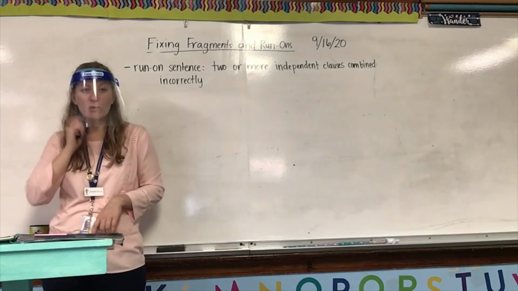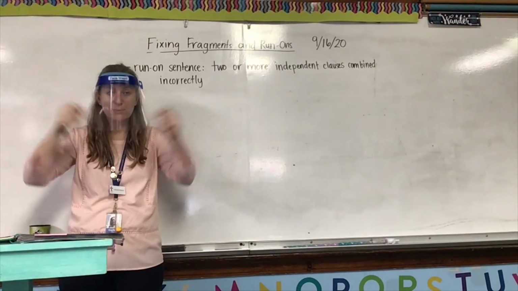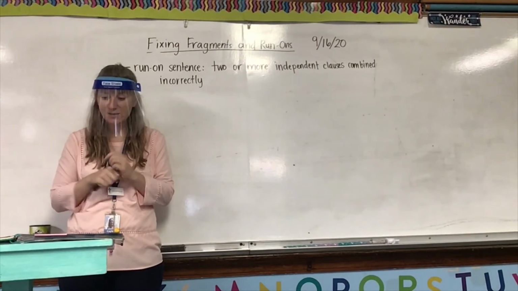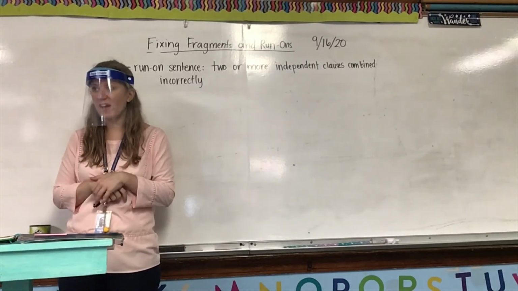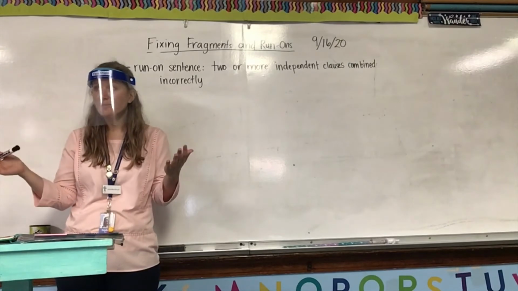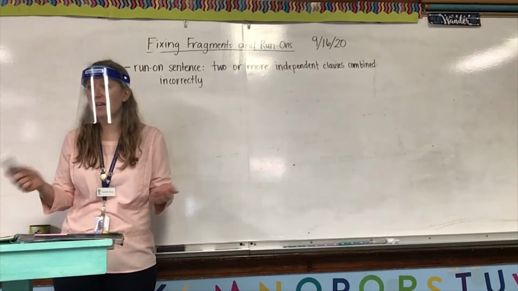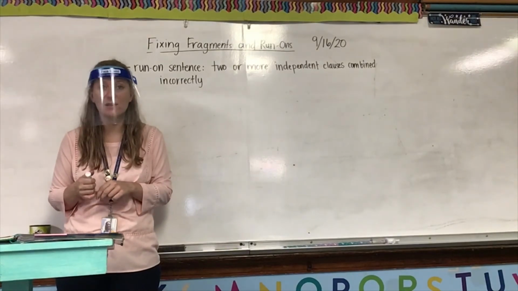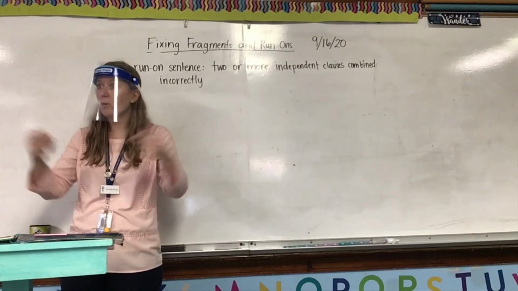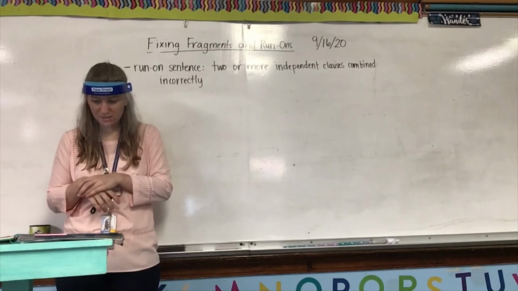How do we fix them? Well, we either separate them into two sentences, like Sam hit the ball, period. Capital I-T, it went over the fence, period. Or we add a comma and a coordinating conjunction: Sam hit the ball, comma, and it went over the fence. Or we make it a complex sentence,